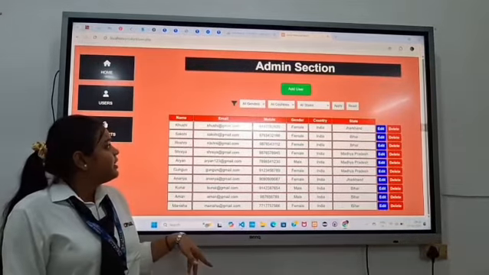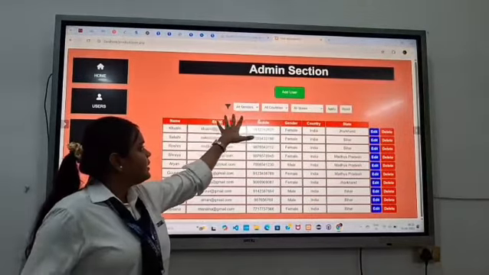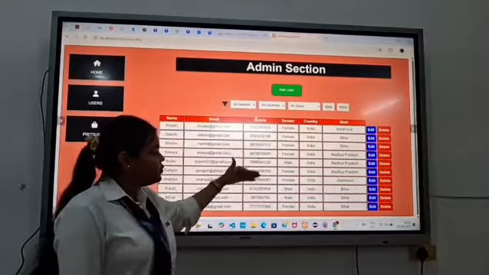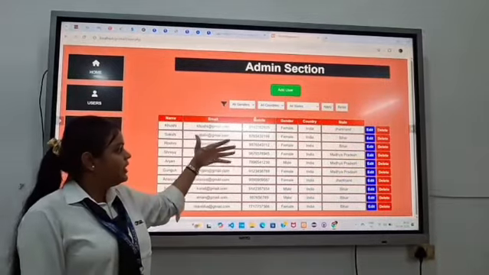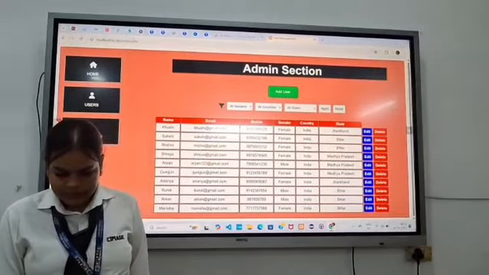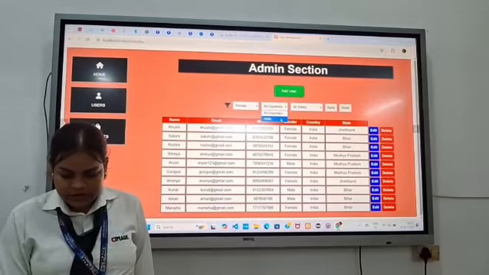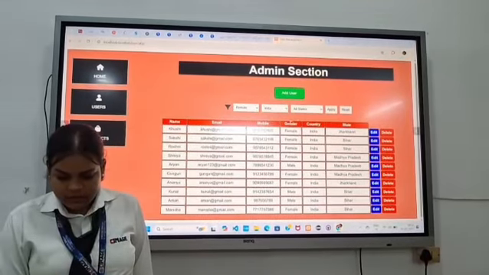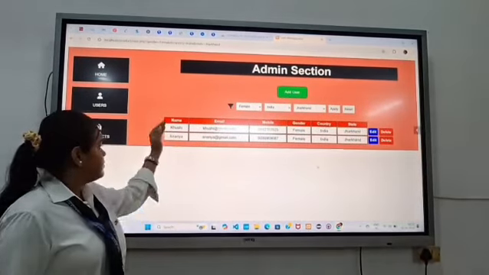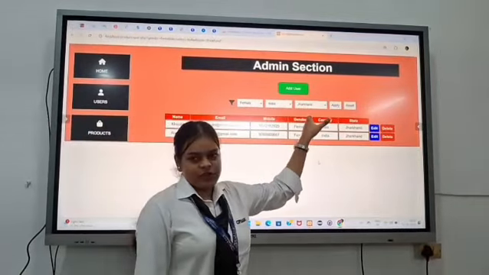Now here we can apply filters. This is done by a select query in SQL which is running in the backend. When we select a particular gender or a particular country or a particular state, then the users available in the database get filtered on the basis of what we selected in the filter. So say we want to see females of country India which belong to the state Jharkhand, and we will apply the filter. So this filters the entire database and shows only those users which suit this filter.